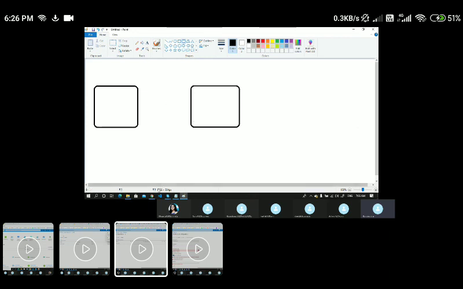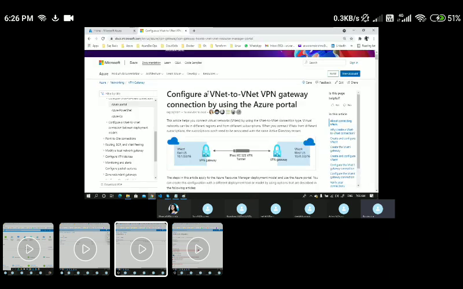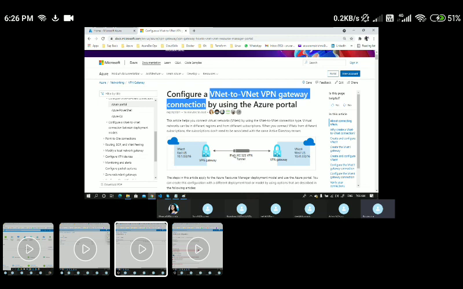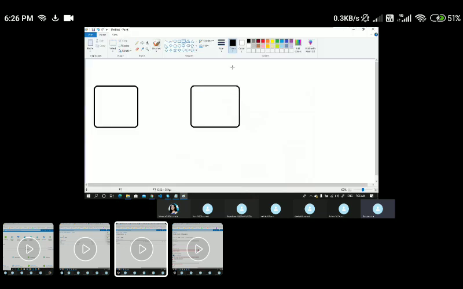Today, if I wanted to perform this VNet to VNet configuration, my traffic should be routed via internet, and that traffic will be encrypted using IPsec tunnels with the help of the VPN gateways. So now I'm going to create two VPN gateways, one here and one more here for these two virtual networks.